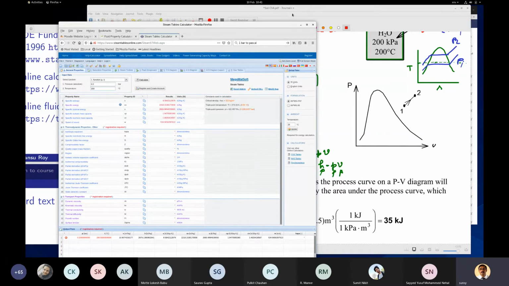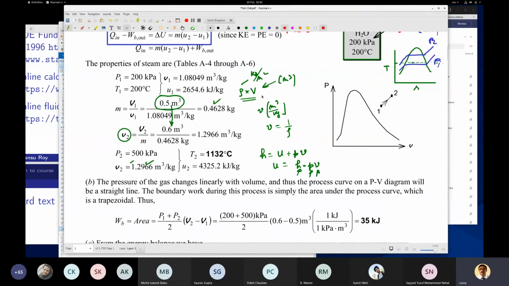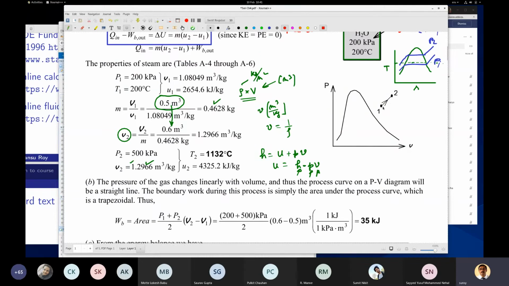Anyway, you can get these properties. If you want to get internal energy directly, you can use one, or those tables. I will see if I can upload those tables. They are copyrighted actually. So this way you are able to know the property at 1 and 2. Pressure is known at 1 and 2. Volume is also known at 1 and 2 because specific volume is known. Mass you already know.